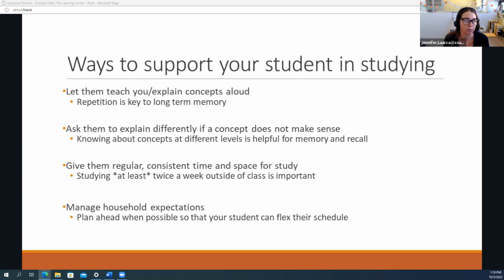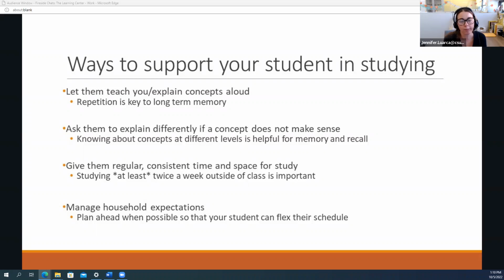So we suggest maybe if they have a class Monday, Wednesday, they set up study times Tuesday, Thursday, right, for 2 hours to review content. So if your person is interested in exploring that or talking through some time management with you, encouraging them to see content every day is a really helpful tool in getting information into long-term memory.